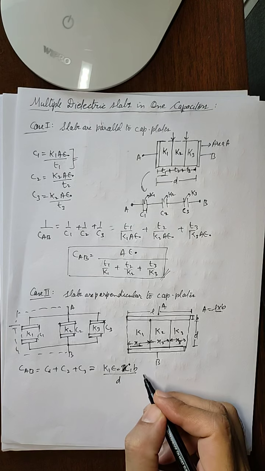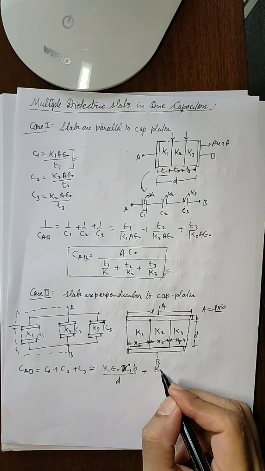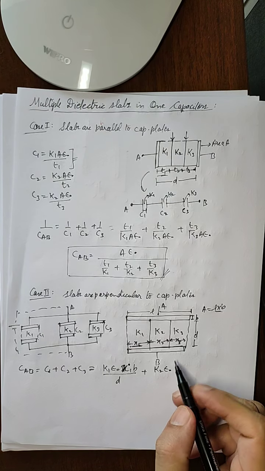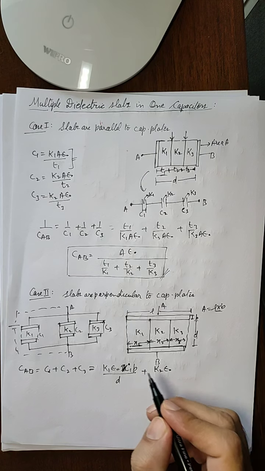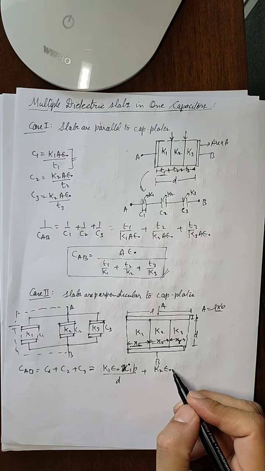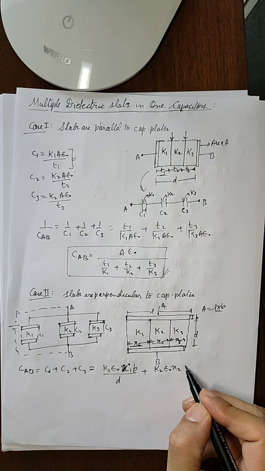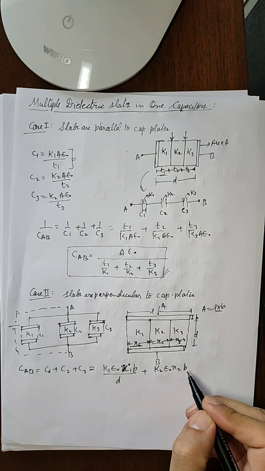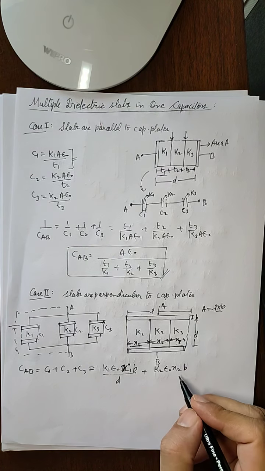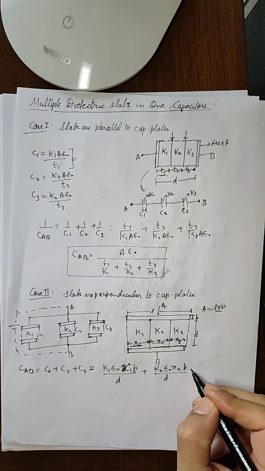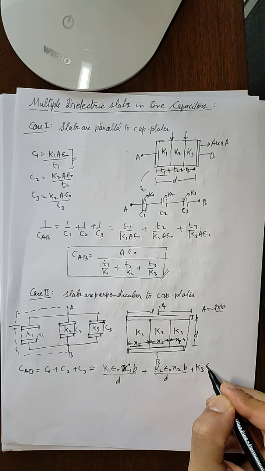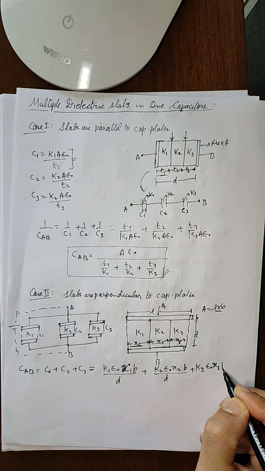Similarly C2 will be written as K2 epsilon naught, the length of C2 is x2 and the thickness of the plates is the same, so B upon D. Similarly for the third capacitor C3 it can be written as